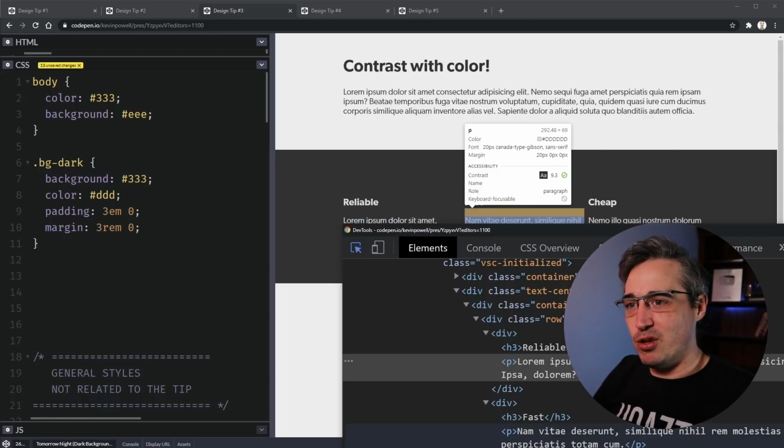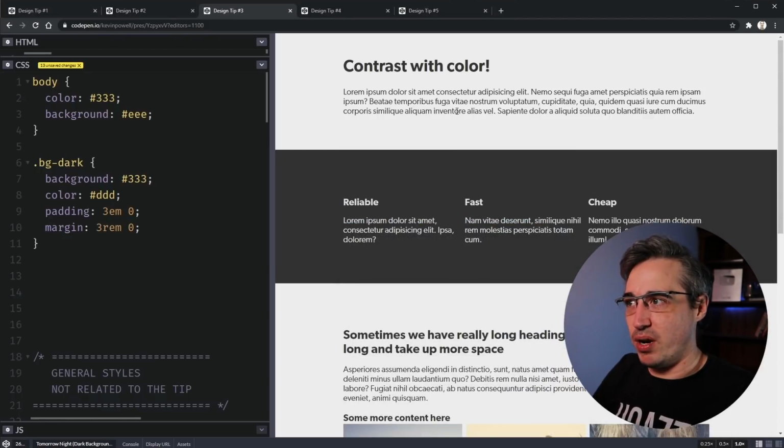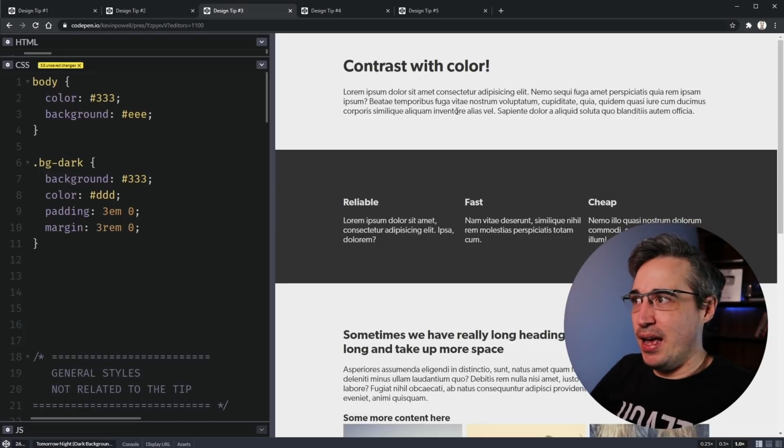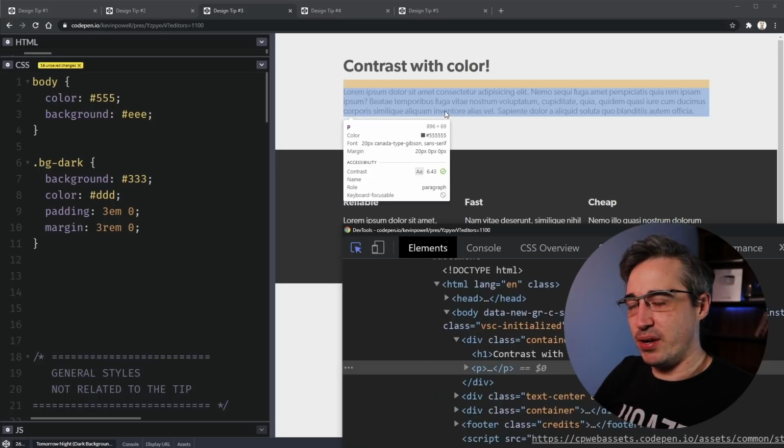Amazing. But we can do more than that, because what I've done right now is I've made it easy to read, and that's the first step. This is the most important one. But now we can create more contrast with color. One way we can create contrast with color without needing to worry about color itself is just going with shades of gray. So maybe up here, instead of 333, let's try a 555 and see if that actually passes on our contrast test here. And we're getting a check mark.